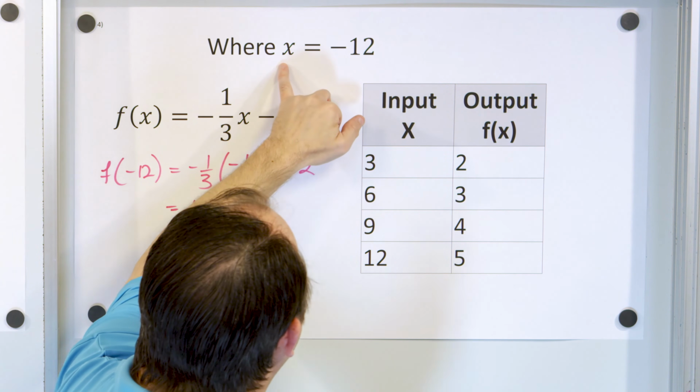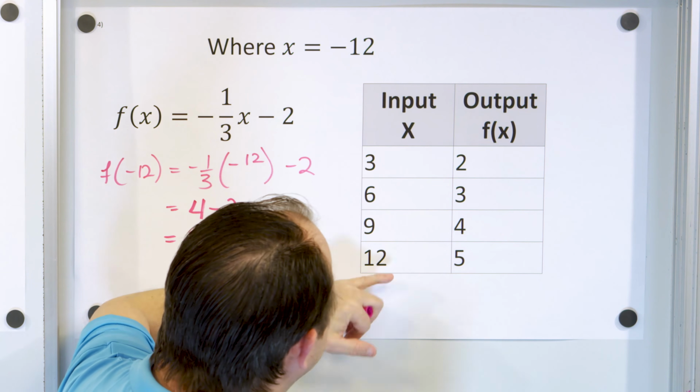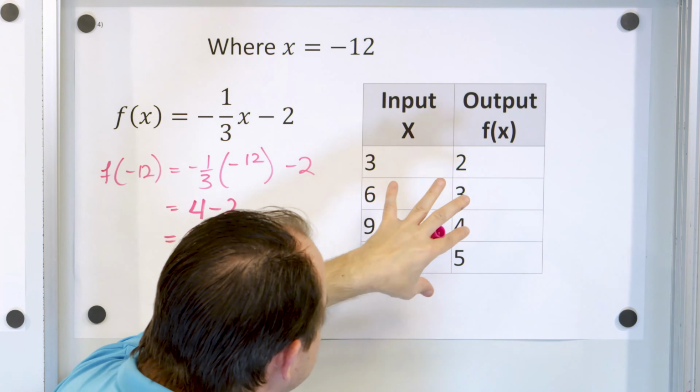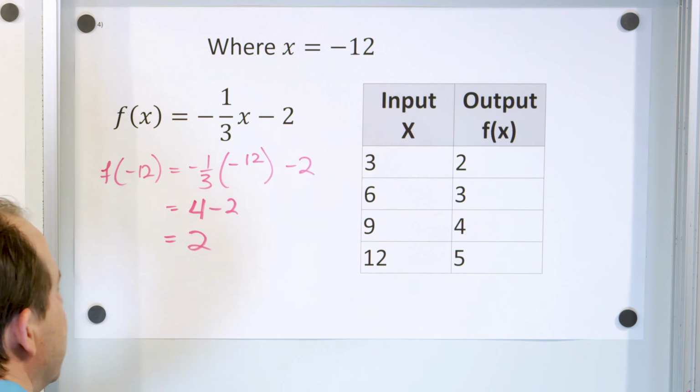Now, I would like to figure out when x is equal to negative 12 what the output is, but I don't have a value of negative 12 here. I just have additional data points. So we need to find the equation of a line that goes through these points and then stick in the input when x is equal to negative 12. So we know